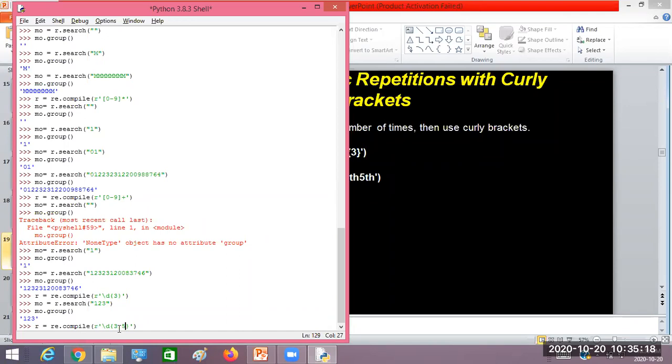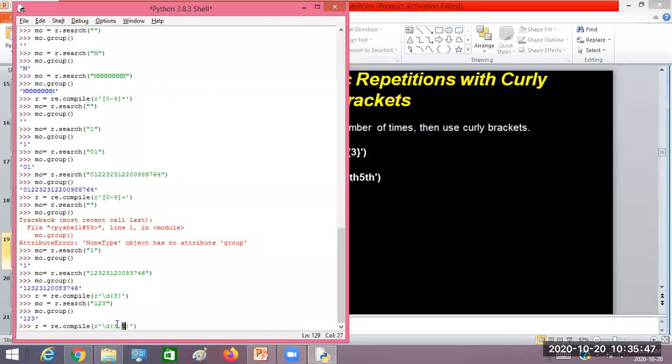If I write curly brackets of 3, the digit is to occur 3 times, repeated 3 times. But if I write it this way, 3,5, then what is this? The first integer number tells the minimum occurrences and the second number indicates the maximum occurrences.